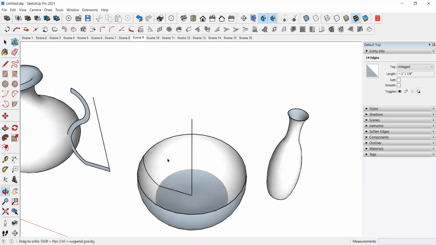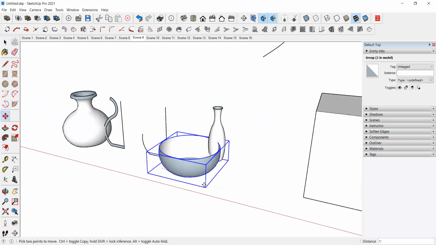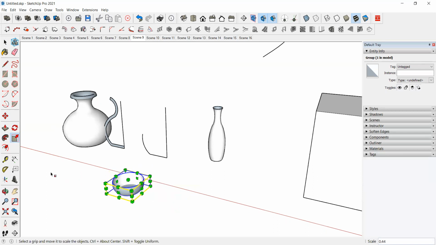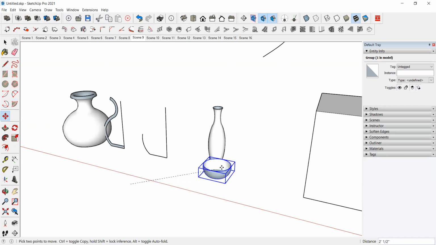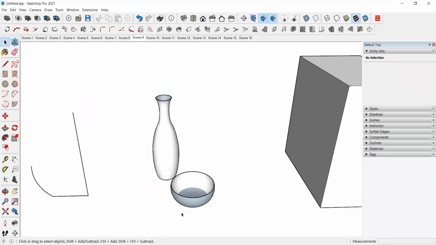Okay, like this bowl you can make. So it will be created separately and make it into small bowl. So like small components you can make easily. Okay, by using this tool, we can easily make some components.